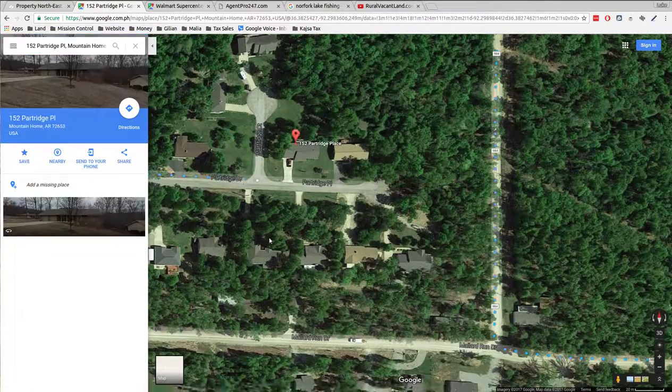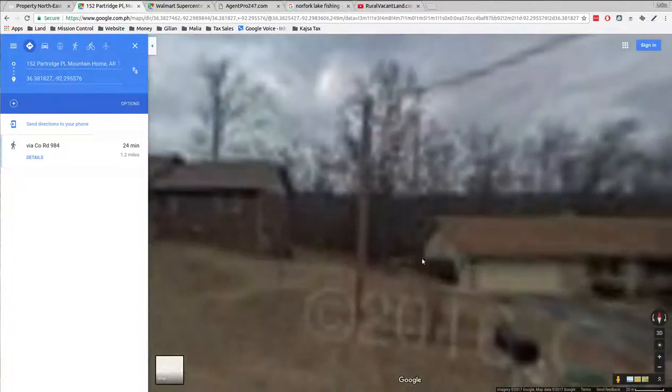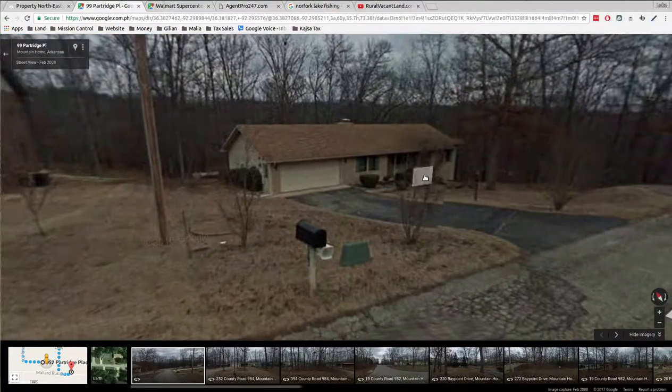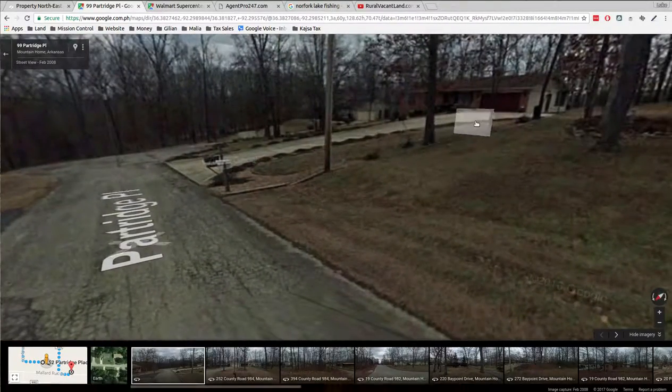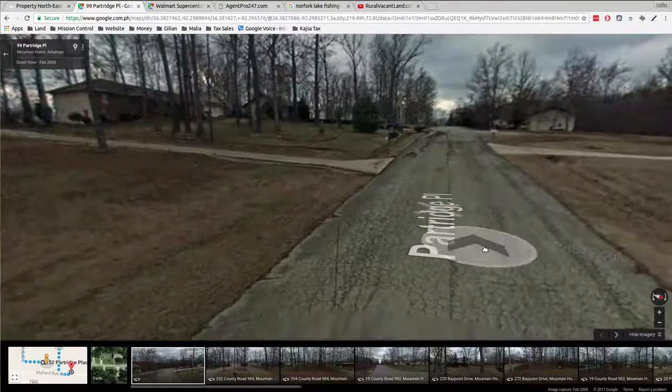Sometimes I can figure out how to use the computer. Yeah, here we go. Street view. So here's some neighbors in the area. These guys look like they built a little closer together. But they're houses. They're building houses and driveways, and they actually pave them and stuff. They got lawns and